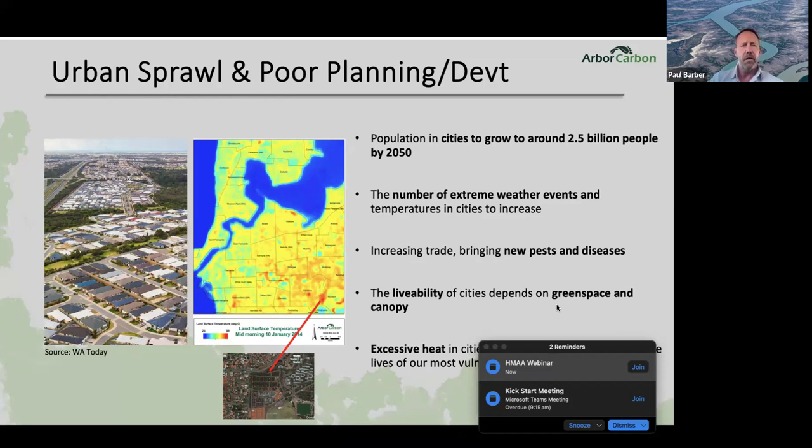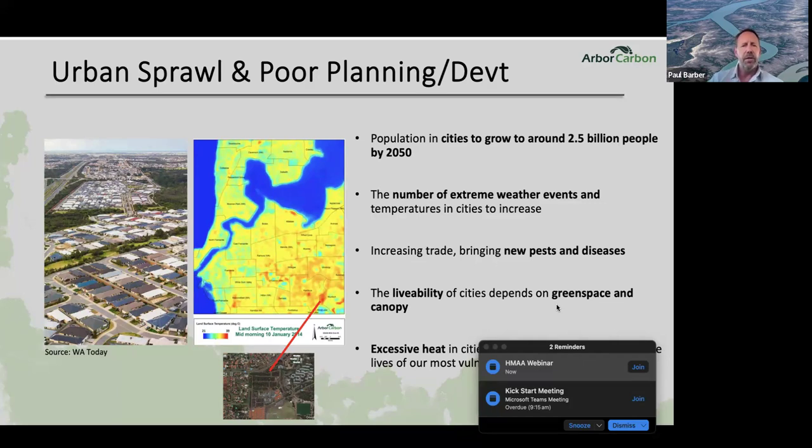And you can see that on the left-hand side. So our amazing Banksia woodlands have been removed for urban development and that continues to happen. And on the right-hand side, you can see a satellite image, which is a land surface temperature image of the southern suburbs of Perth. So the red pixels you see are the hotter temperatures. The blue pixels you see are the cooler temperatures. And one of the hottest locations that you can see there is the retirement village, St Ives, next to Murdoch University, which is really just black roofs, black pavers, and very few trees.